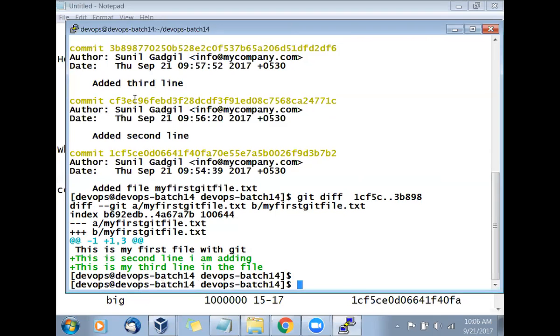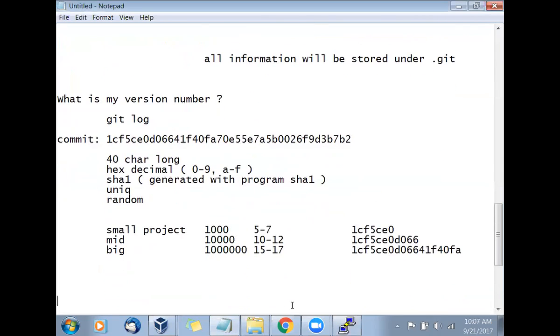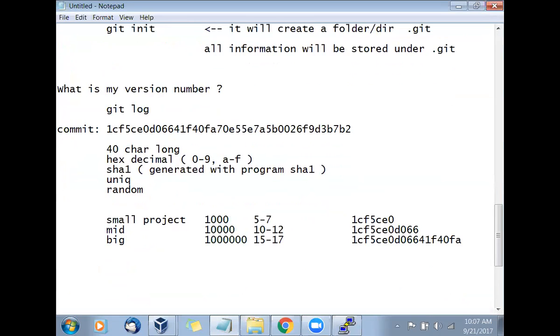So this is how you will work with small and big projects. Okay. Now let's go with more details of the log. So log has a lot of options. Git log --oneline, and most frequently we'll use this option. Then let's say git log --since. I can use the since option. Show me the log from so and so date. So here year, month, and date.